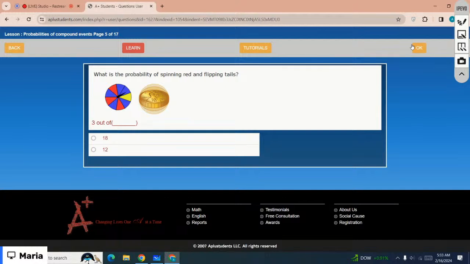What is the probability of spinning red and flipping tails? Which is the correct option? The correct option is